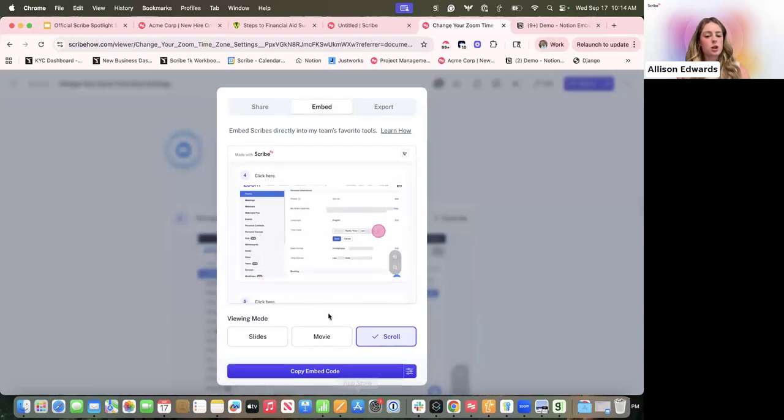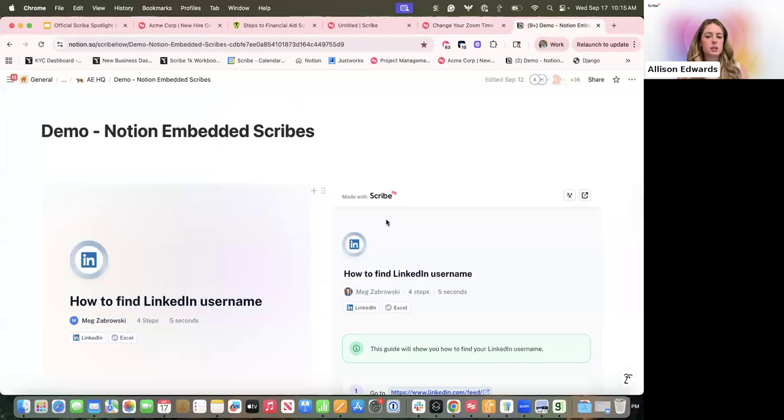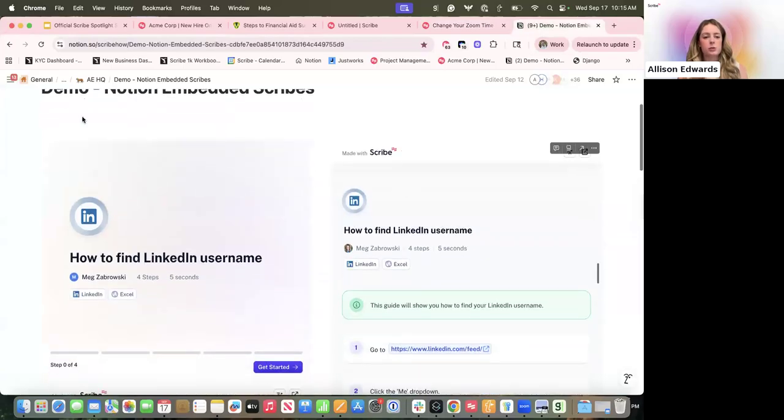All you would do is just copy the embed code and essentially put it into things like SharePoint. We have a bunch of different platforms that can be embedded into. So as long as the platform takes iframes and that's compatible, it will be able to be embedded. So I'll go ahead and link in the follow-up email how to embed just for your end so you can try it. I'll quickly show what these look like actually embedded into Notion. We're big Notion users here at Scribe.